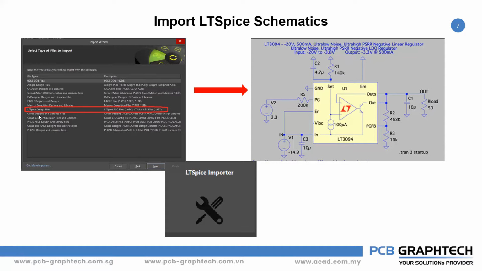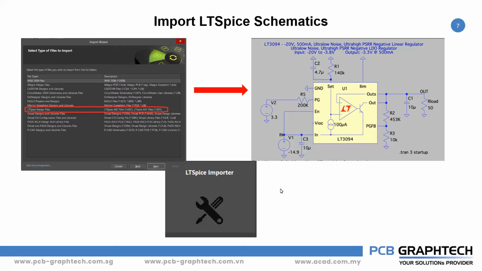Also, you can import OrCAD designs and library files. Here, this OrCAD design is mainly for your schematics, with the extension of .dsn files. Even though these files have PSpice models, they can also be imported. They can be imported with the extension of .dsn if they have PSpice models with the library extension of OLB. So these extension files are also allowed to be imported inside the import wizard. You can import the PSpice models by using your import wizard, and then bring in internally all the information about your PSpice models.